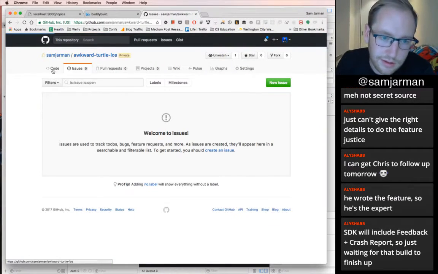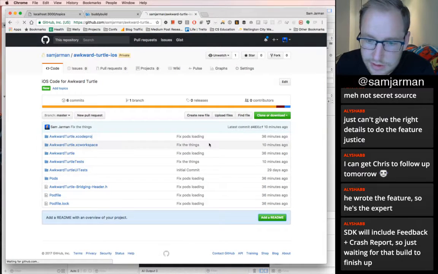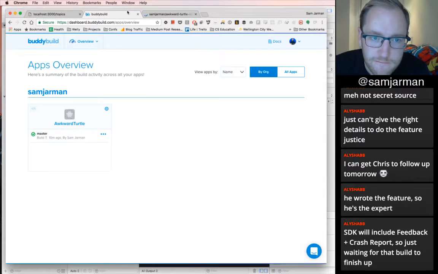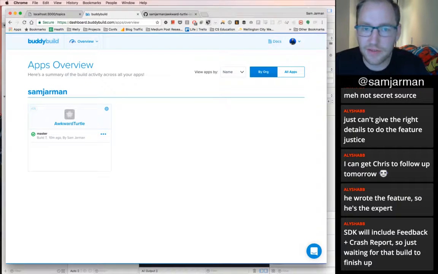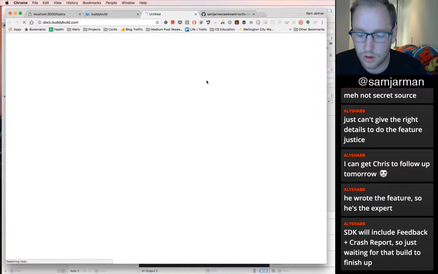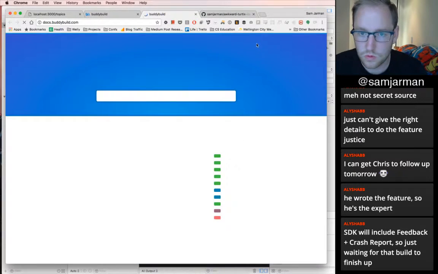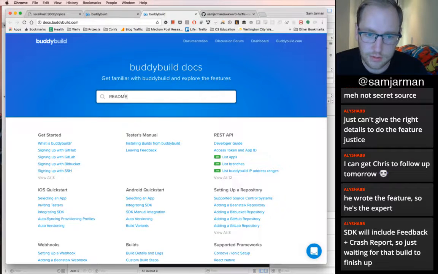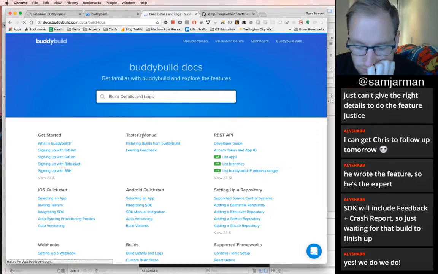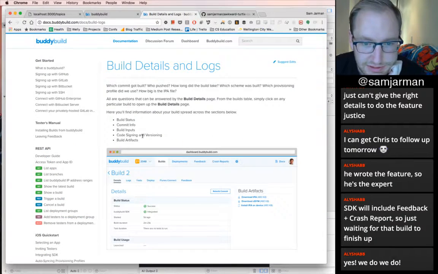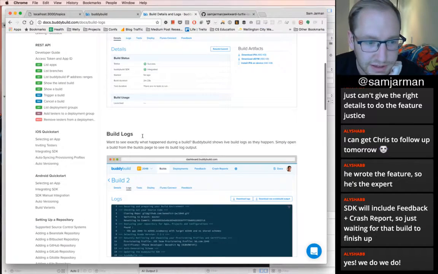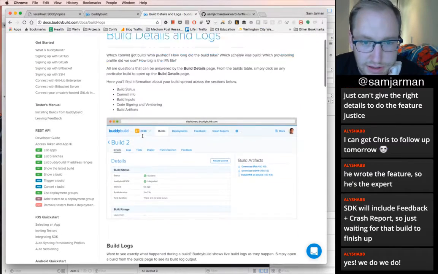Now, does Buddybuild have one of those badges you put on your README? Because I like those. I'm a big fan of those. Yes, we do. I assume I should be able to paste a link if you have a link, maybe. I'm just trying to find that.